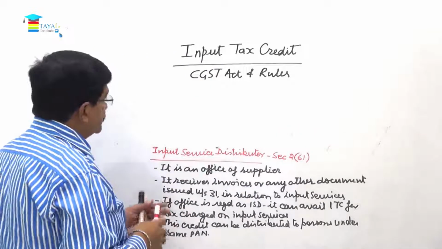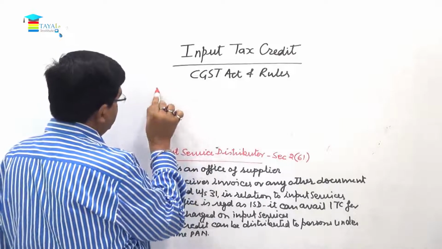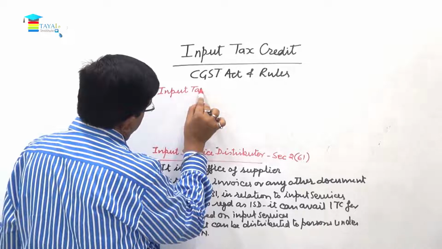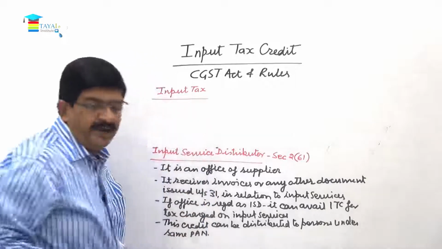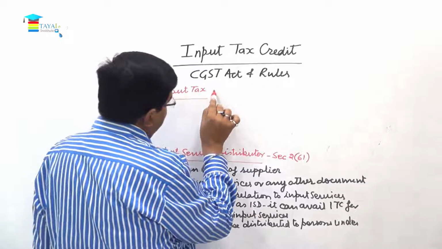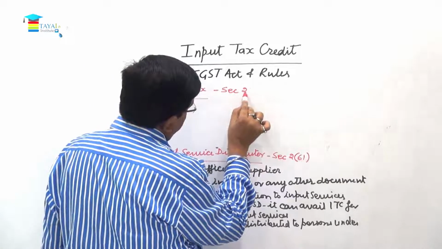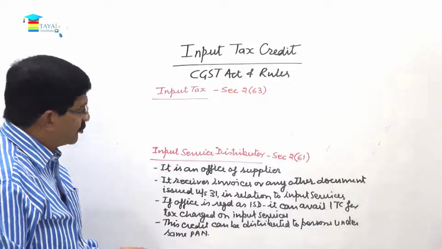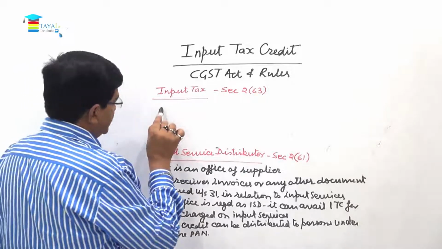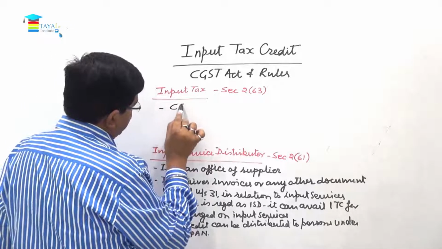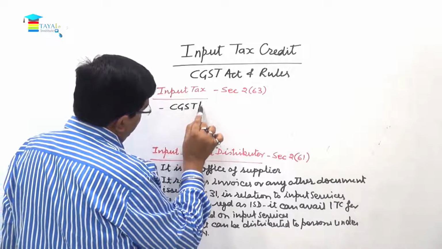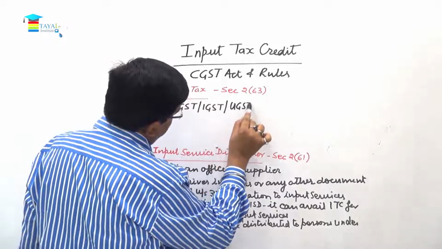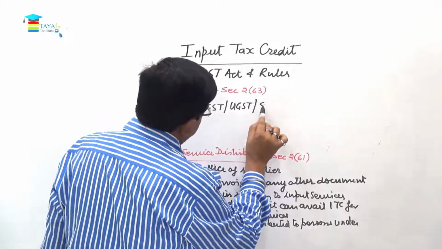That is under section 2 subsection 63. This is input tax, and this is section 2 subsection 63. So what is called input tax? This is CGST, IGST, UGST or SGST